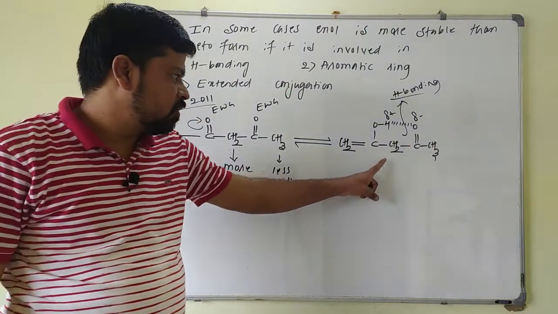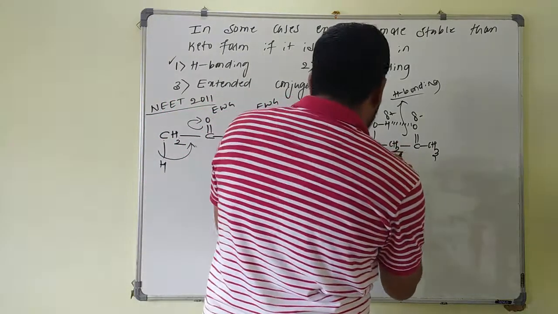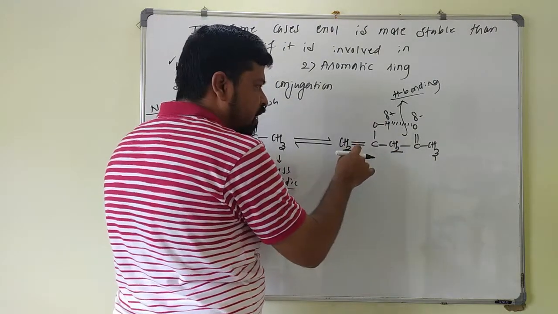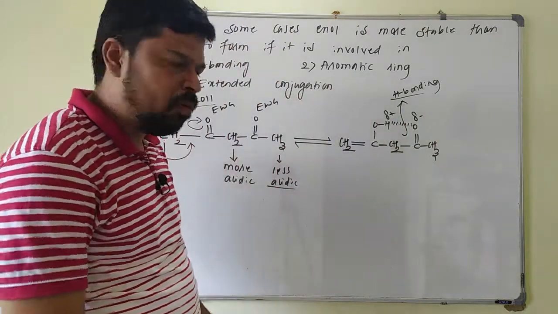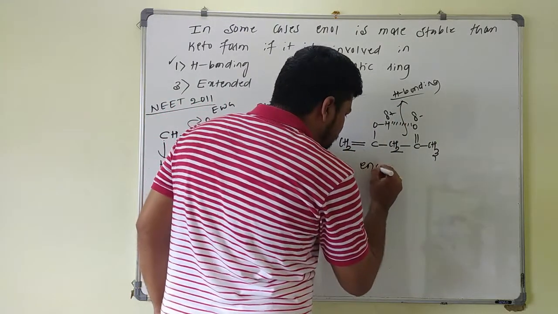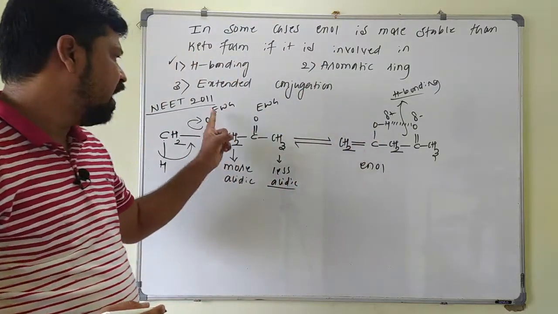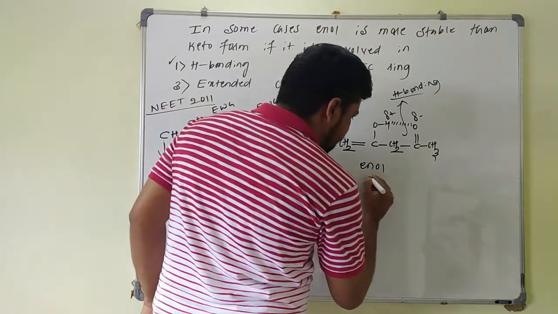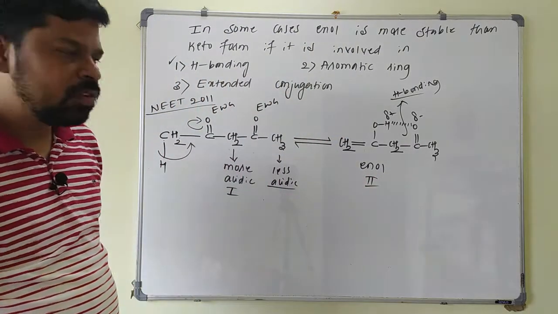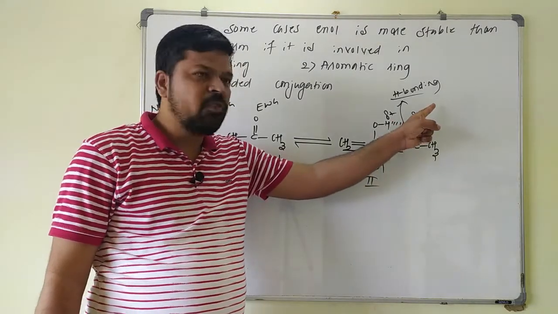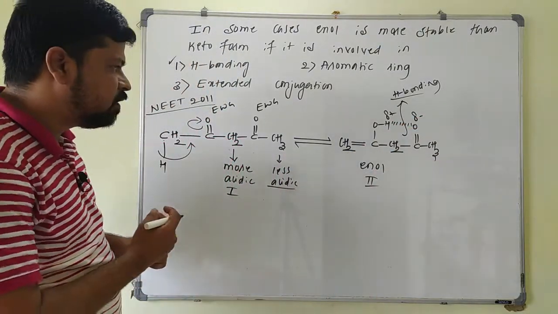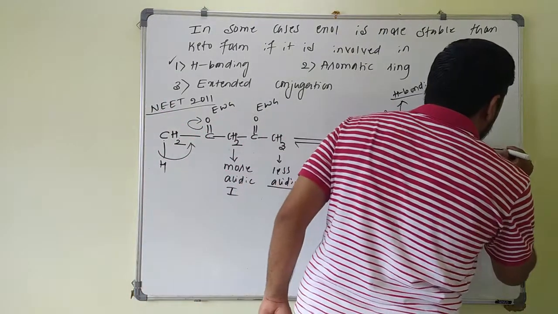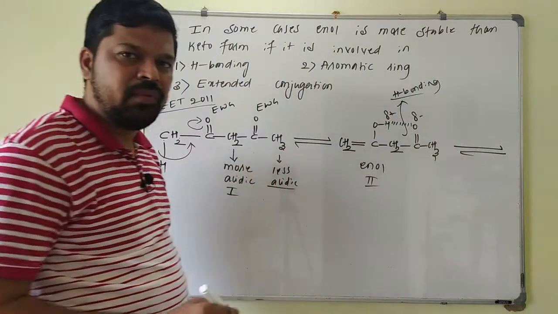Here, this enol form, see here, double bond is there. So this is double bond and OH is there. This will be the enol form, and this will be involved in hydrogen bonding. So the enol form involved in hydrogen bonding will be more stable than the keto form here. If you compare these two structures, I will take this as structure 1 and this as structure 2. Now which is more stable? Enol will be more stable due to the formation of hydrogen bonding here. And you can shift this hydrogen atom to this one or this one, you will get another structure. So all three are in equilibrium with each other.